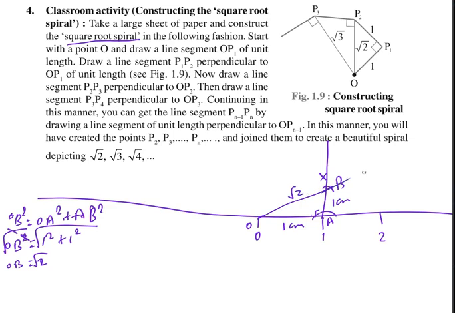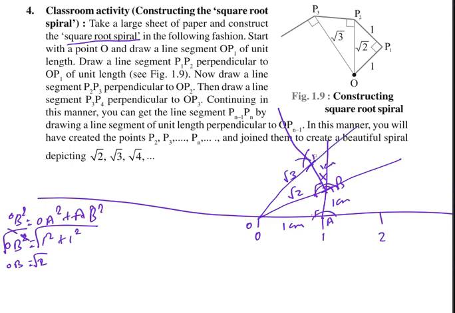We can extend this line, and from here draw an arc, from here one arc, and draw this perpendicular. Over this perpendicular we mark an arc of 1 centimeter, and join this point. This base is root 2. Here we get a right angle triangle, so this is the hypotenuse. Hypotenuse square equals root 2 square plus 1 square. Root 2 square becomes 2, so 2 plus 1 becomes 3. So this is root 3.